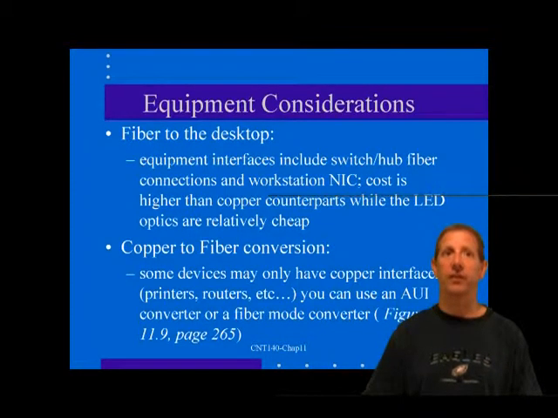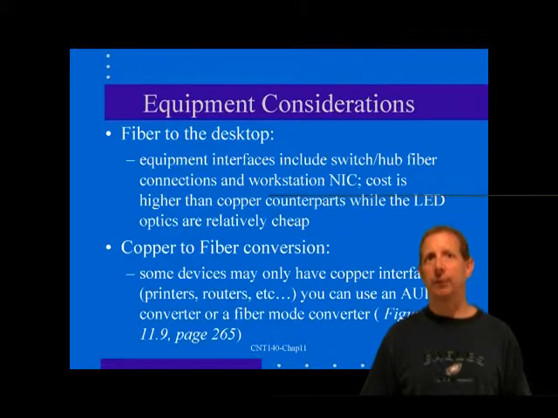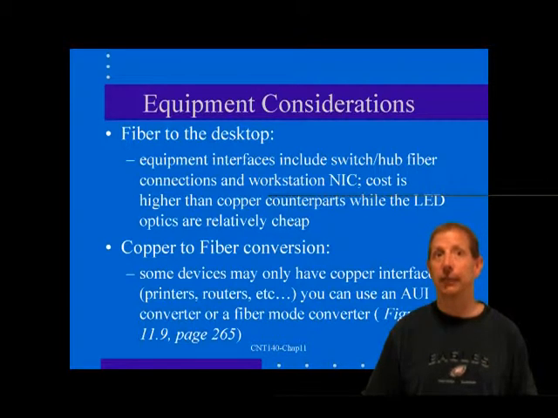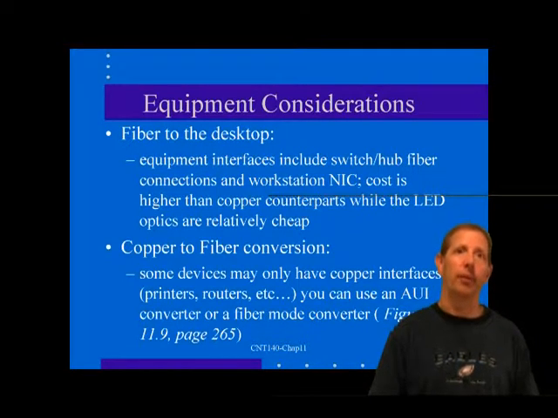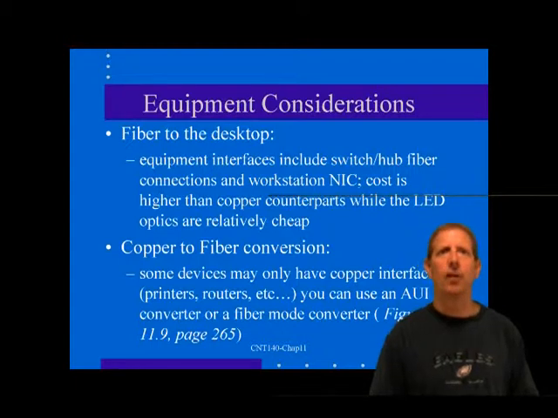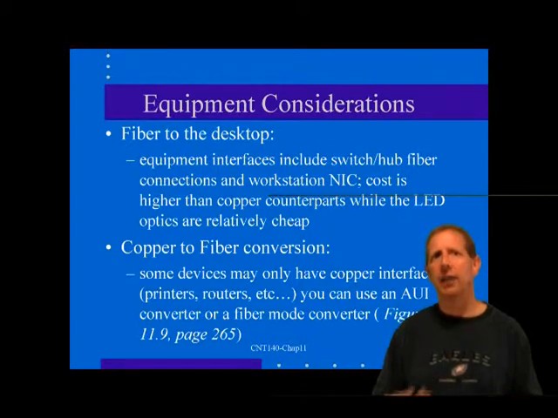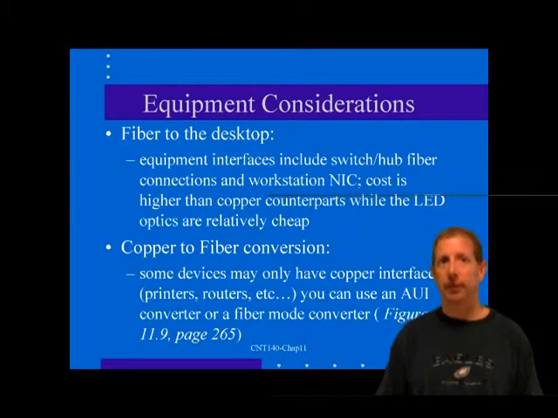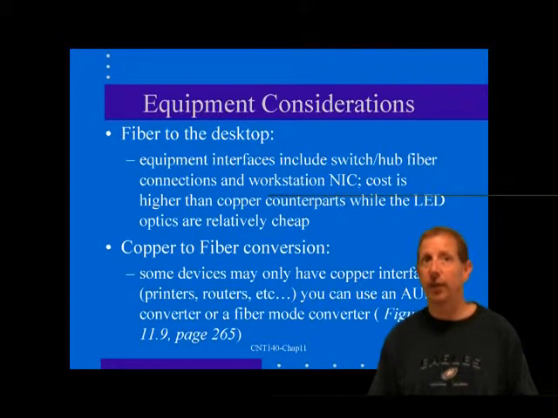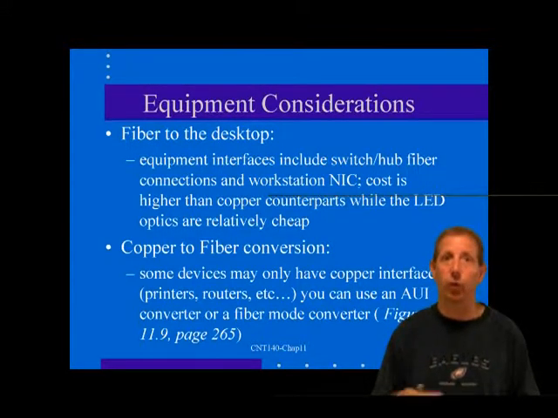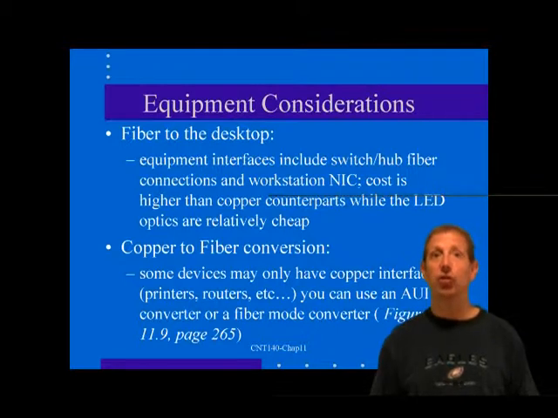The cost of the interfaces is a matter of supply and demand. The LED optics used with 100 base FX are relatively cheap. Consequently, the adapter cards and hub interfaces are within reach of the high-end copper counterparts. Gigabit Ethernet is somewhat in transition as copper cabling options are emerging. Now, although the cost of fiber and copper gigabit Ethernet interfaces will be about the same initially, you can expect